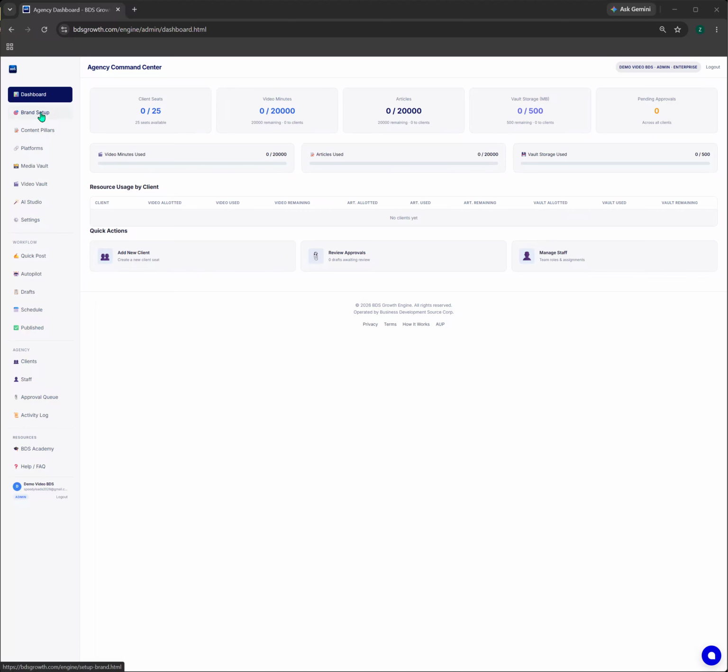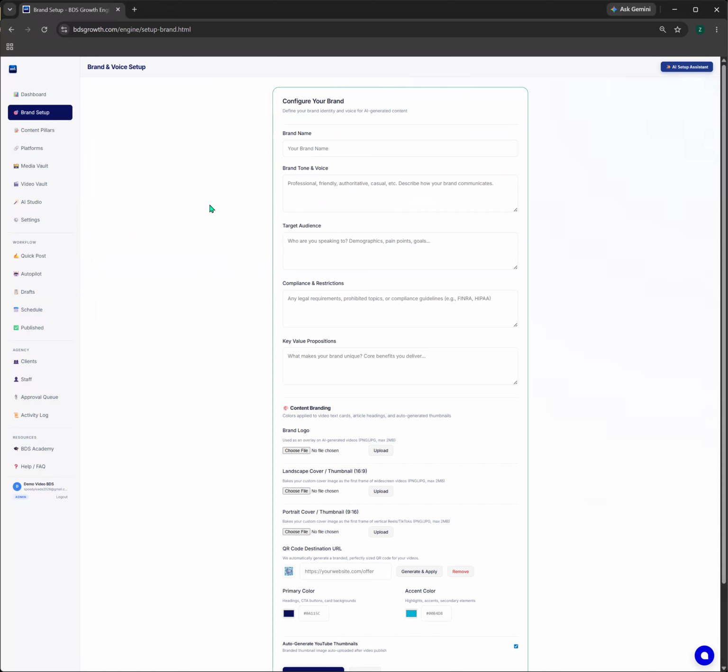So, brand setups. As I said in the intro video, the important part about the brand setups is that the AI will take all the information that you have input into the brand setup and the content pillars, and it will use it to generate the videos. Obviously, we'll go through other functionalities that the AI has while it is compiling your media. But right now, brand setup and content pillar is the most vital and most important part of setting up your